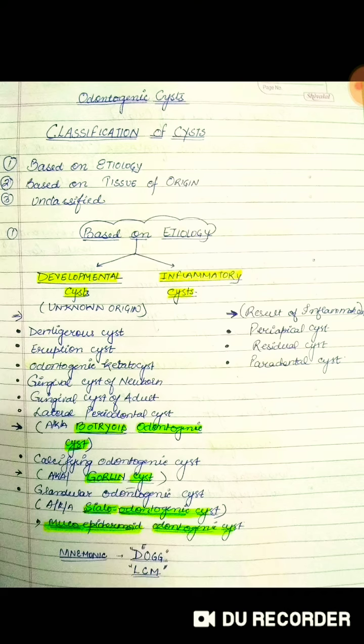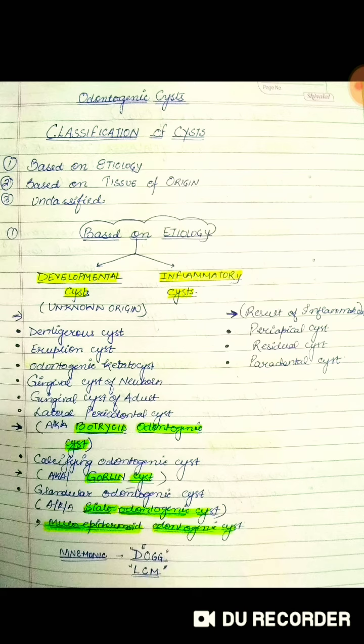Next one is the eruption cyst, which we can see in newborns, with a bluish or whitish color. Then the odontogenic keratocyst, which is the most aggressive and has a high chance of recurrence if not removed properly. So it is an aggressive odontogenic cyst. And the next one is the gingival cyst of newborn, then the gingival cyst of adult, then